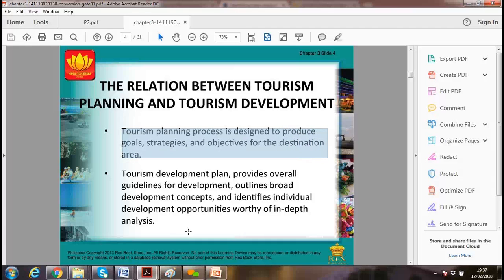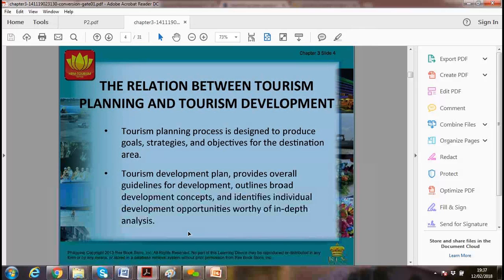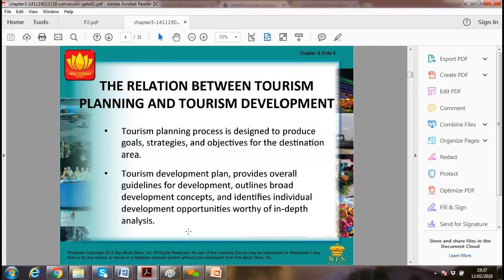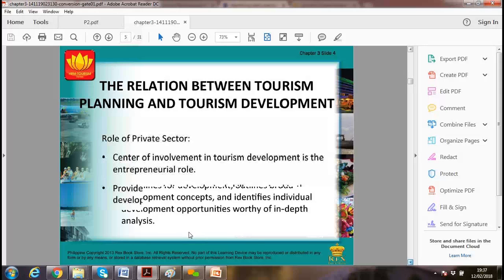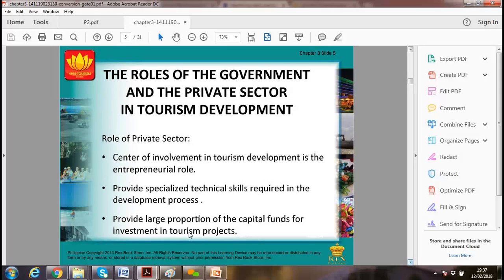So we need to be planned as well. A tourism development plan provides the overall guidance for the development and outlines the broad development concept, and identifies the individual development opportunities as well, which will go through the role of the government and the private sector. The role of the private sector is central involvement; the private sector is not playing just a labor role. The government manifesto is not to take everything as public ownership, but we still need a